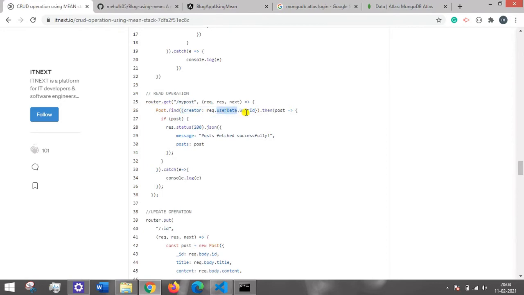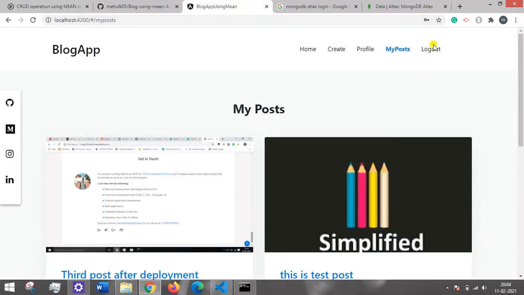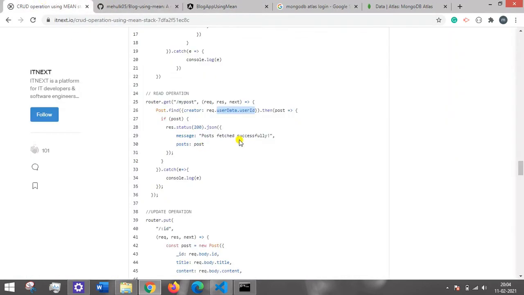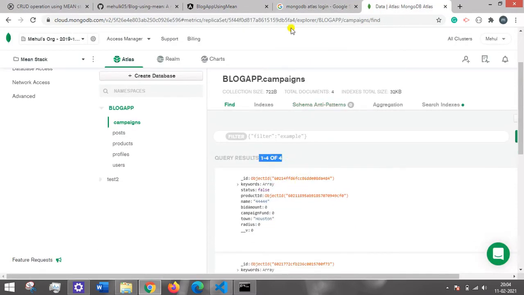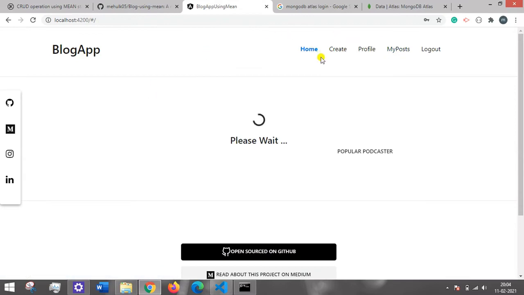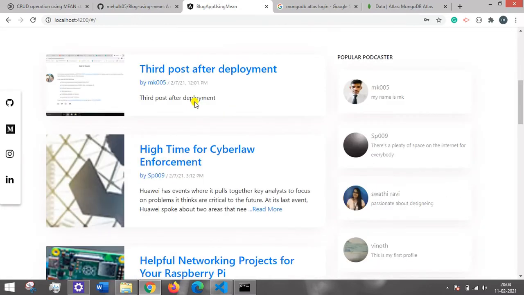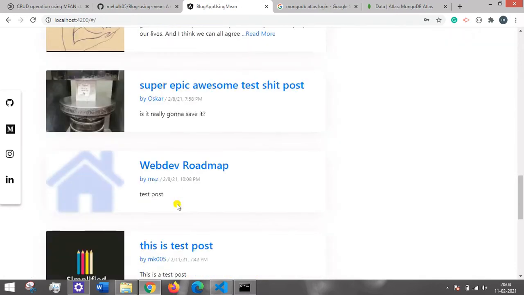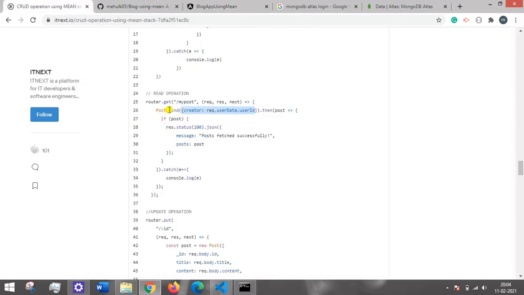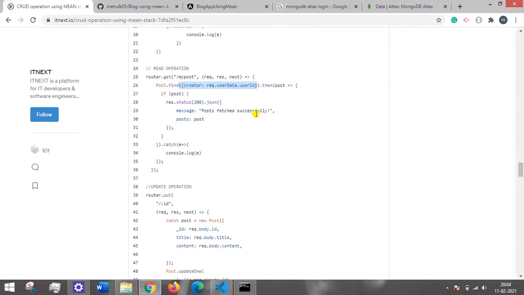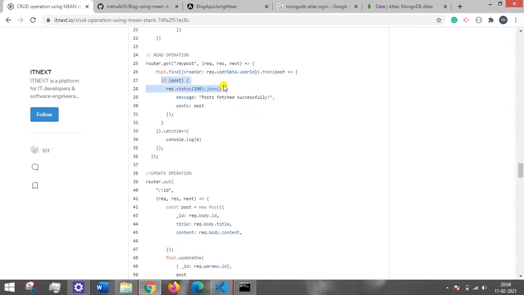request.userdata.user_id. So user data and user ID, where are we getting them from? Once you set up your authentication system, then you will get this kind of user ID and user data. But for now, if you are not having any criteria, then it will read the complete database and it will give you all the 4 data. Whenever I am on the home page without authentication, still I am able to see all the posts, post 1, post 2. Whenever you mention post.find without any condition, then it will give you 4 data, and if you find some data, you will have to send a response from the backend, and if you get some error for some reason, you need to catch those errors.